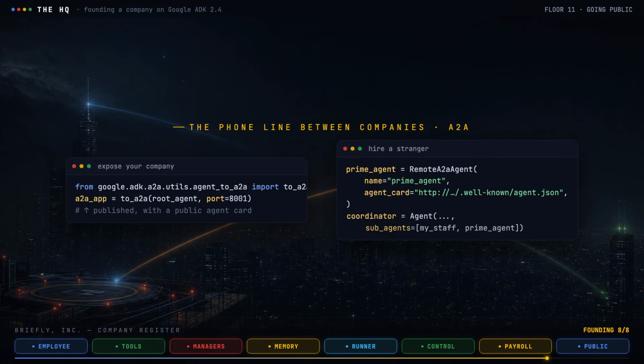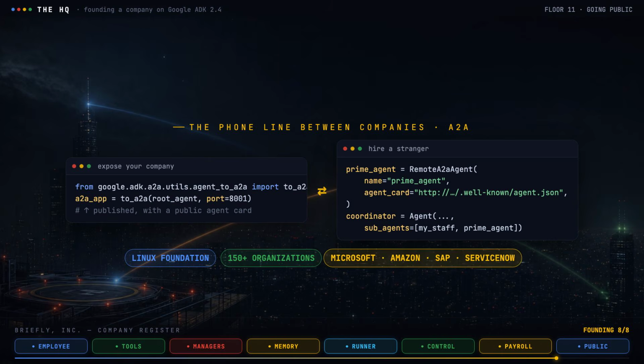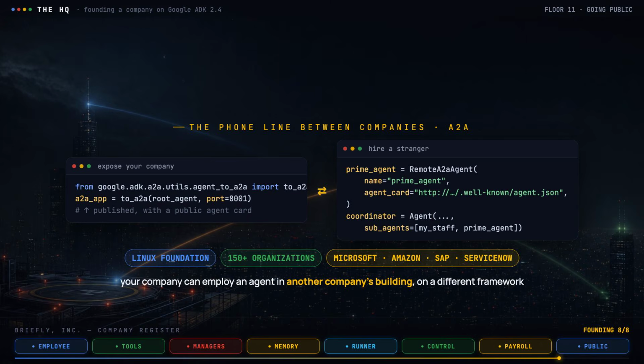But here's the 2026 part: the phone line between companies, A2A, the agent to agent protocol. Google donated it to the Linux Foundation, and over 150 organizations back it, including Microsoft, Amazon, SAP, and ServiceNow. In ADK, it's almost embarrassingly easy. One function, to_a2a, wraps your root agent and publishes it with a public agent card. And hiring a stranger is one class: RemoteA2aAgent, pointed at their card URL, dropped into sub_agents like any